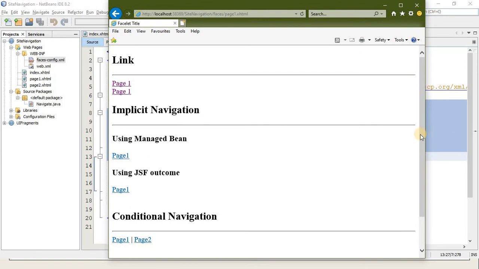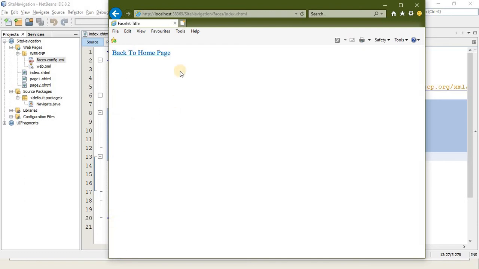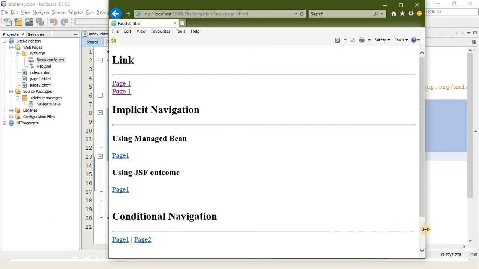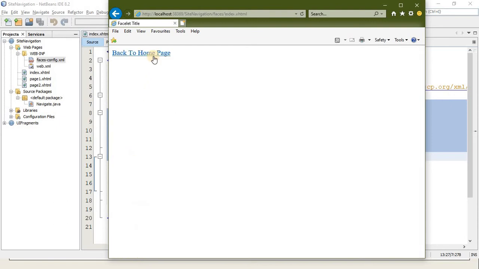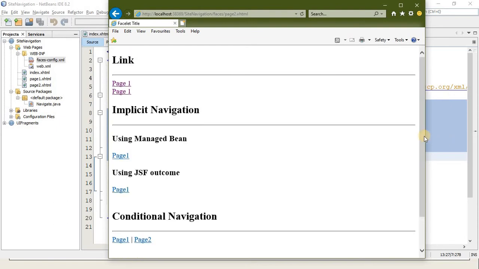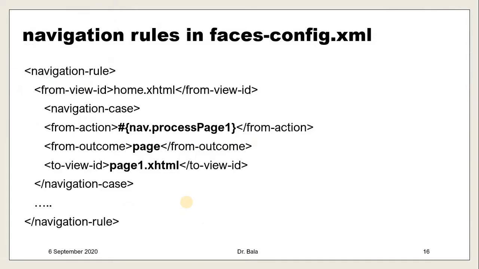So output wise we cannot feel it well. Okay. So navigation rule based, I have rule based here. When you click here, it automatically opens. But how is it working? Through the navigation rule. I have here navigation based. Click here and see. Okay. So output wise when you click we will not feel anything, but it is prepared based on the rule based navigation rule.